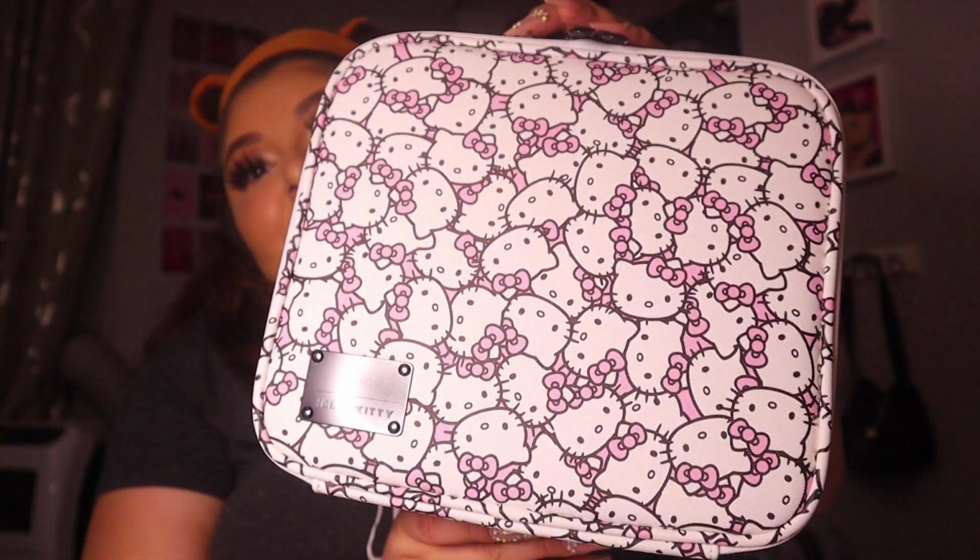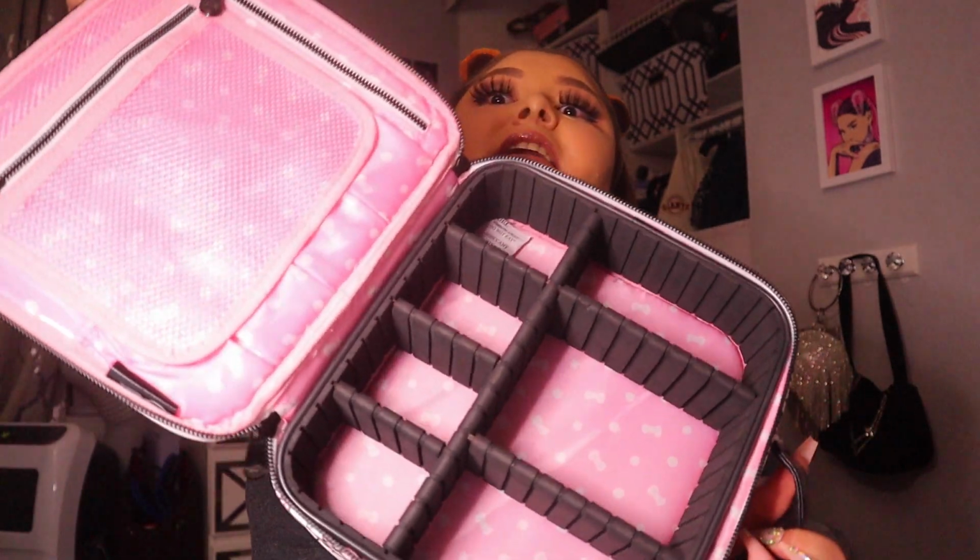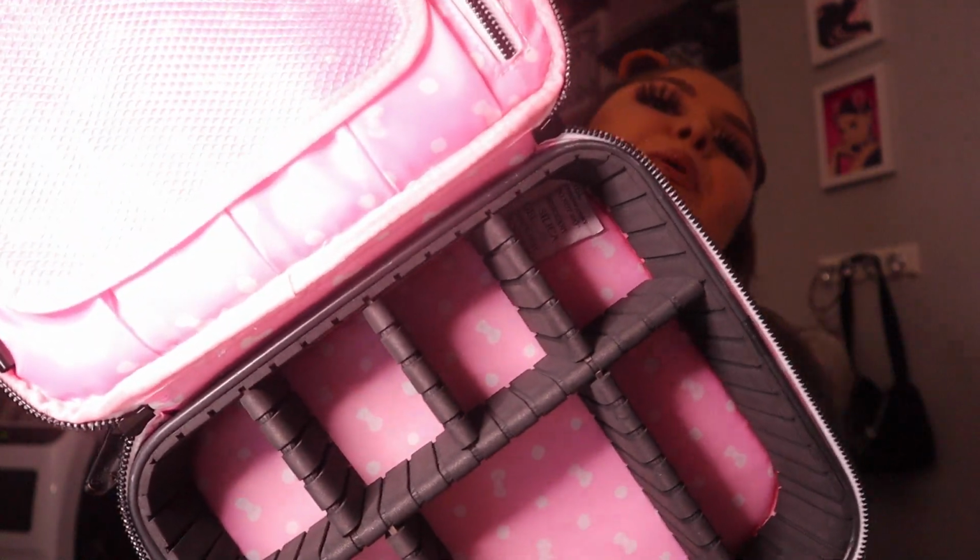I'm a different person. Quick side note, look at this makeup bag. I just got it. It literally just came today. So I'm about to put all my makeup in here, because nothing's even in here yet. It's so cute. It's from Impressions, and it was super expensive, but it was on sale. I look at this bag once a week, and it finally went on sale, and I was like, no. But look on the inside, it's all pink with the bows. It's so cute, and it'll be easy to clean on the outside. So I'm happy about that. And it has dividers you can move around. Anyways,